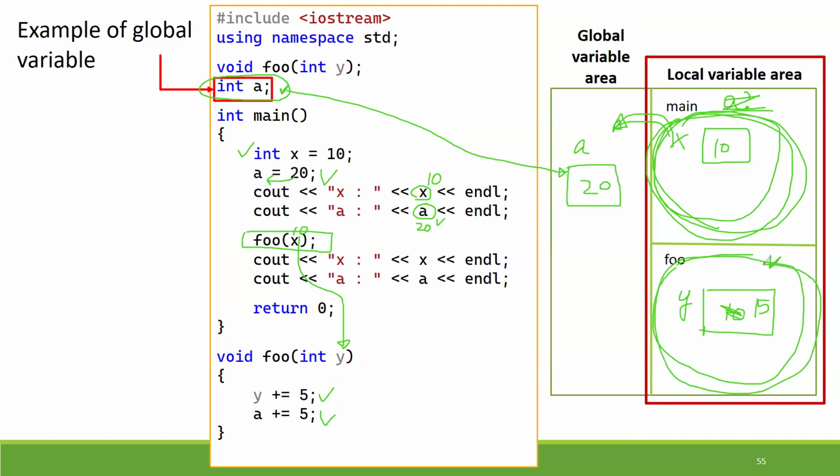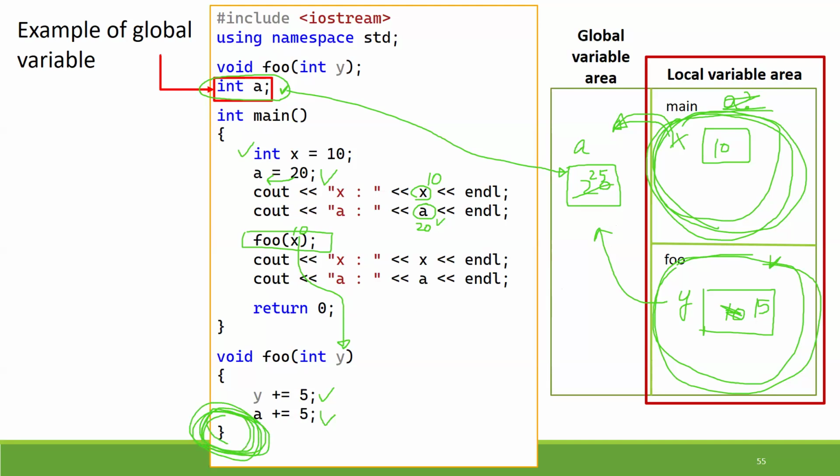There is no A. Go outside. Okay, go outside in the global area. See if there is an A. Yes, it is. Then this will be 25. Okay. And after that, see, when the function ends,